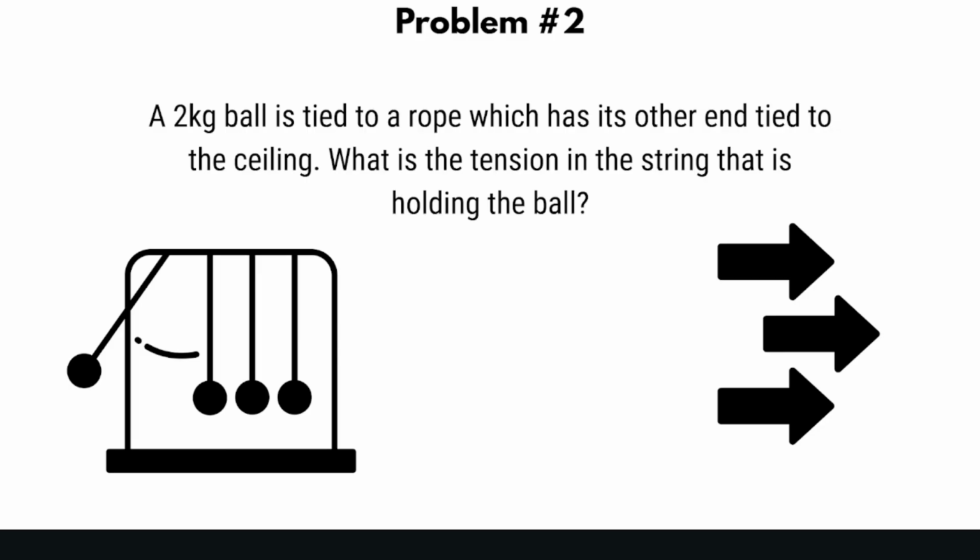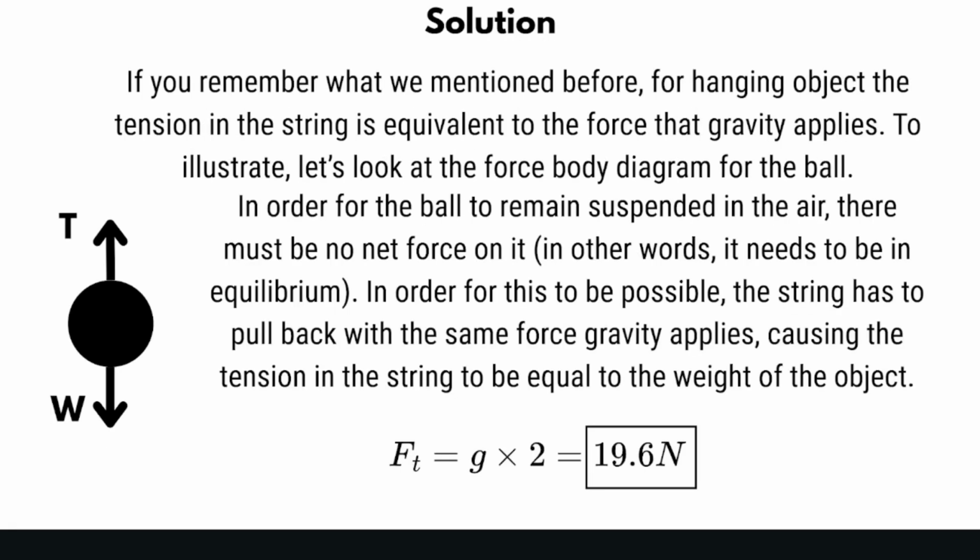A 2-kilogram ball is tied to a rope, which has its other end tied to the ceiling. What is the tension in the string that is holding the ball? So if you remember what we mentioned before, for hanging objects, the tension in the string is equivalent to the force that gravity applies. And so to illustrate this, let's look at the free body diagram for the ball,